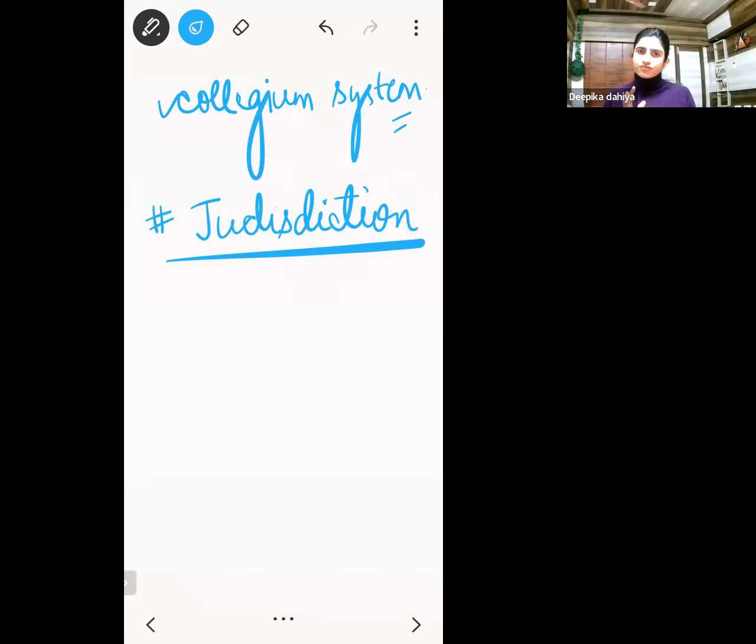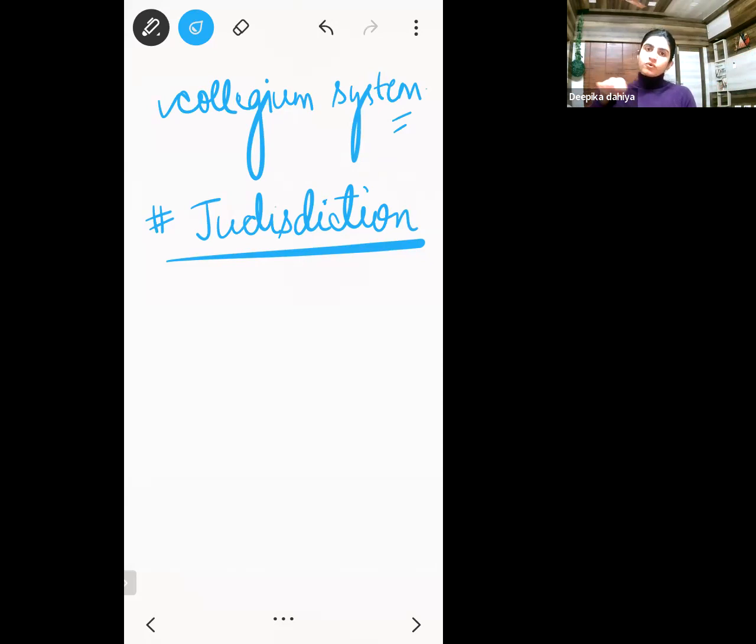But in some cases, you first of all will go to the lower judiciary, and then only can you appeal before the Supreme Court. You cannot directly go there. So in this case, the Supreme Court has got an appellate jurisdiction. It cannot give judgments directly. Only if you're filing appeals in the Supreme Court can it look into that matter. But there are some areas where the Supreme Court can directly take up the case. When it can directly take up a case, we call this the original jurisdiction of the Supreme Court.